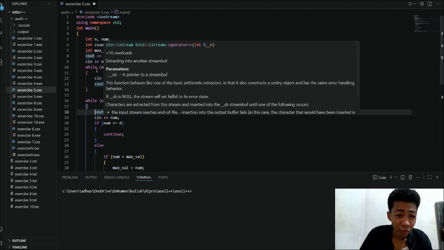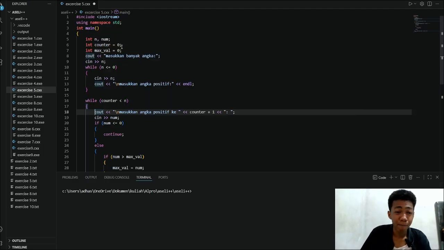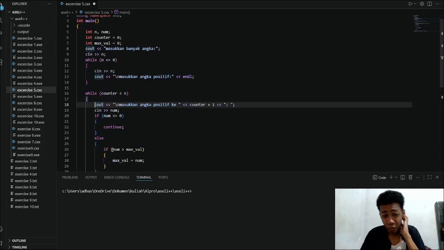The initial value of the counter is 0, so it will run until it reaches the n value we entered first.